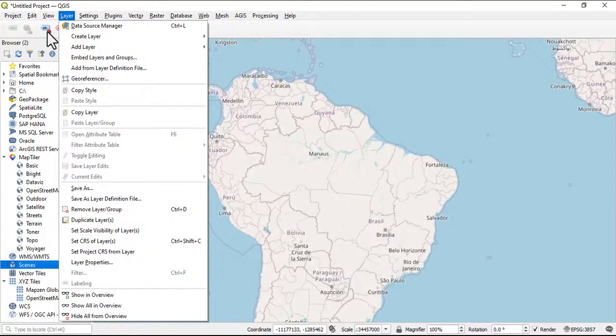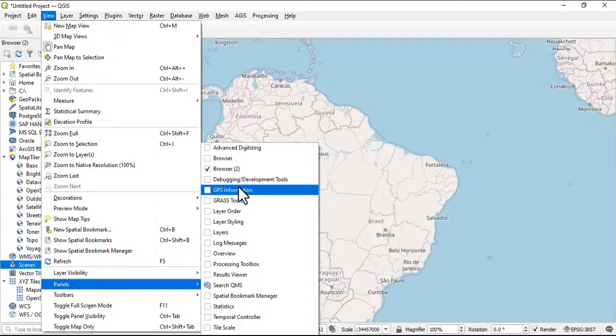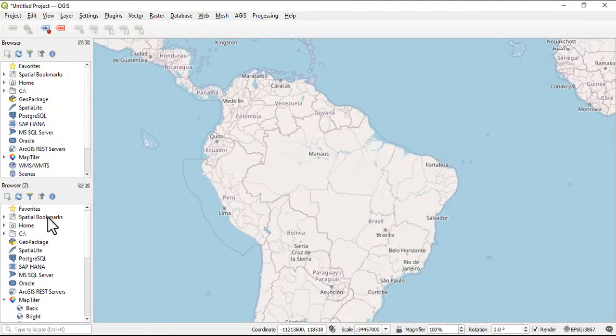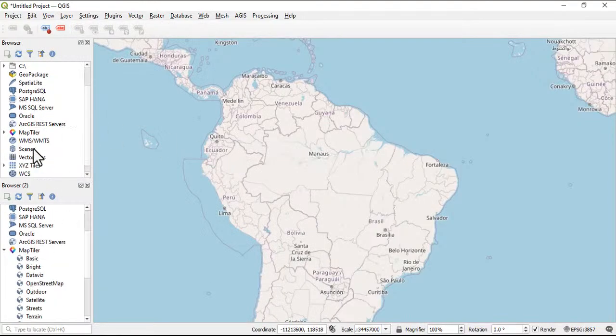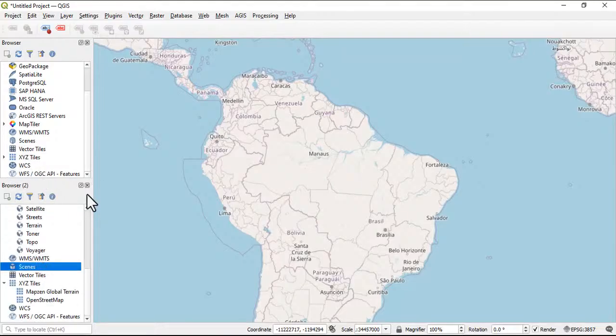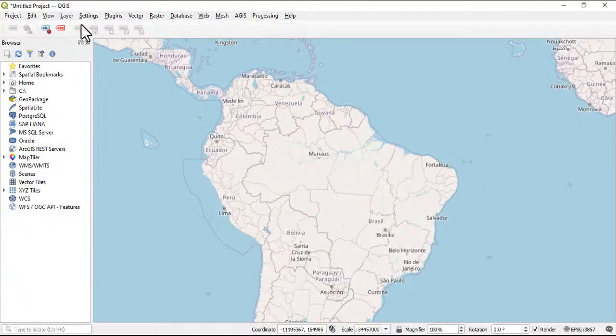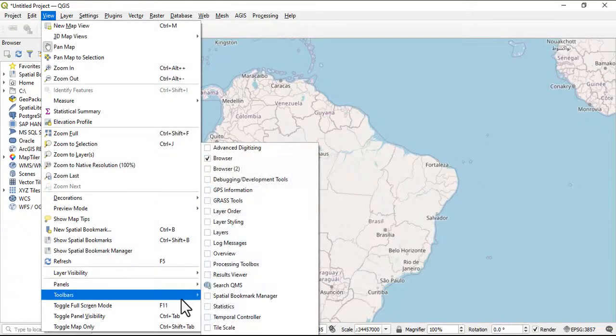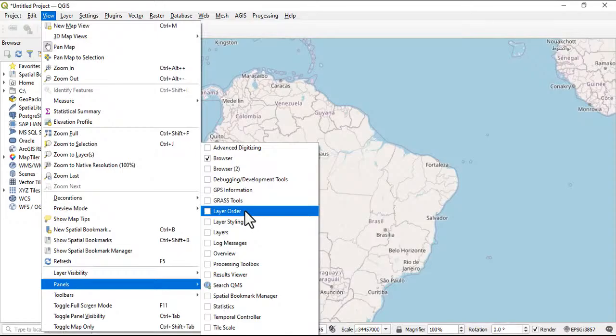Now, if we go under the panel again, we have a browser called just normal browser. So we have this is Browser 1 and this is Browser 2. They are basically the same thing, so I don't know why it's split into 1 and 2. So let's remove 1. Let's go back to panel again, and let's say we want to bring in our